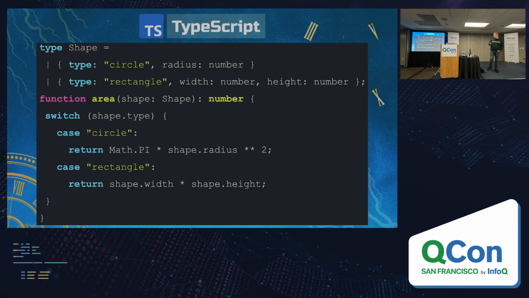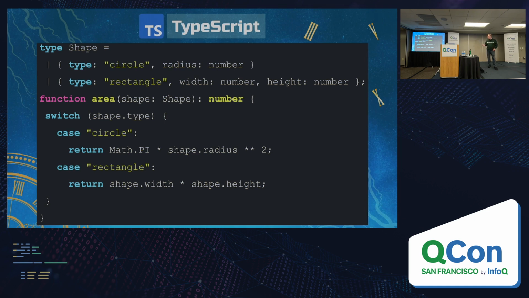So here's an example in TypeScript. You can see I've declared this type called shape, and this little OR operator just means I'm unioning together several other different types. The key in TypeScript is that I have this common property, which I happen to call type, but you could call it whatever you wanted. As long as all of the types that you're declaring have that property and they all have a unique value for it, then the compiler can tell the difference between all of these types. And then I can do a pattern match statement on that variable, with case statements to handle the individual branches.